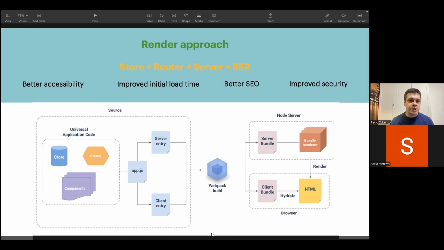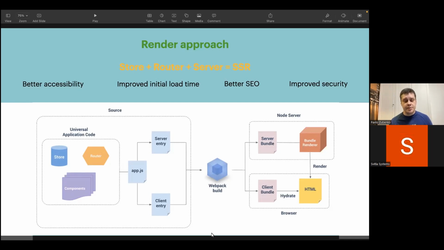It improves initial load time of the page, because we don't need to render almost anything on the client side, and the way that the user can start searching and looking through our application becomes faster. And as a bonus, we've got better accessibility for different text readers and so on. So different users with disabilities use some extra tools for the application, which read the HTML that, as we remember, is already pre-built. So your application becomes in this way a little bit better.